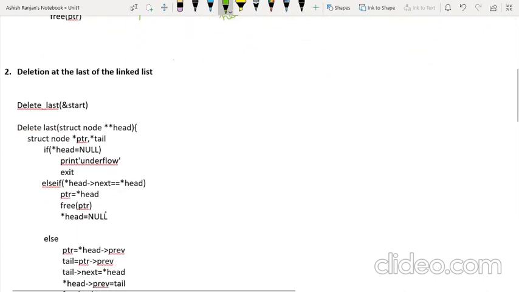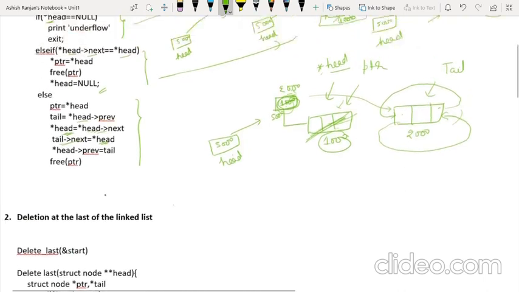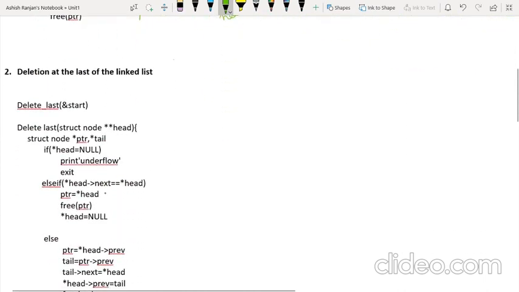Similarly, in the case of the second of the list, what will happen? Again, there are three scenarios. When start is null, that is, asterisk of head or start, both we can say is null, what will happen? Underflow, because we cannot delete.